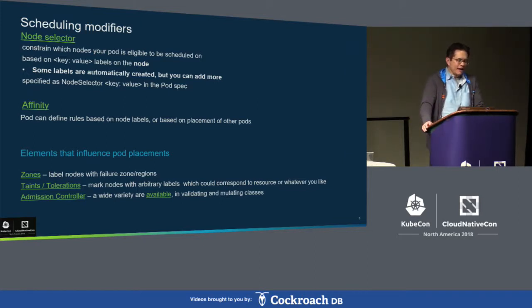Pods can define rules based on these node labels to achieve preferred placements called affinity. So the sum total list of the elements that influence these pod placements are labels on nodes, and zones is an example of this. Taints and tolerations, where you'd mark nodes with arbitrary labels which could correspond to a specific resource or whatever you like,